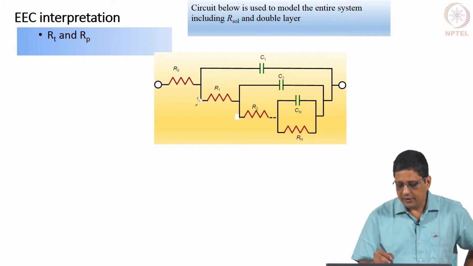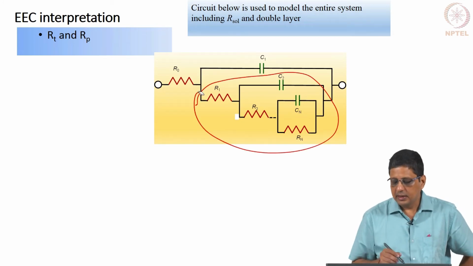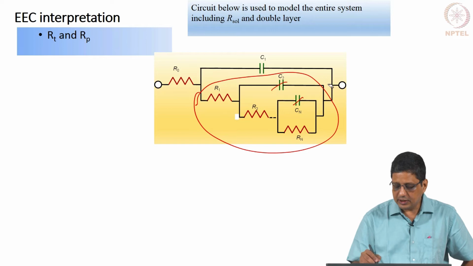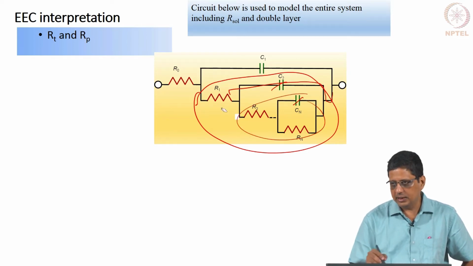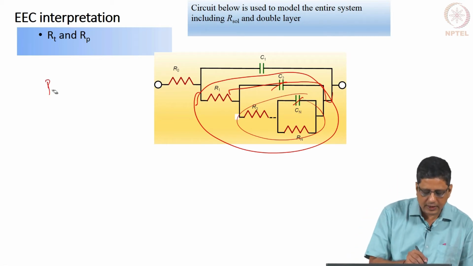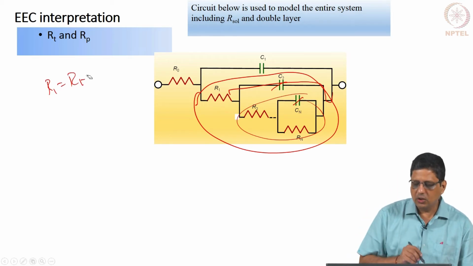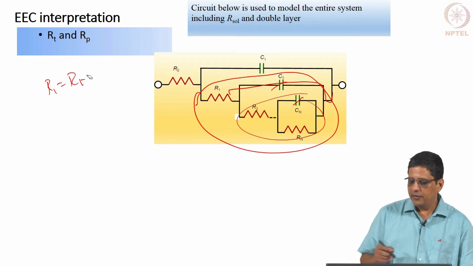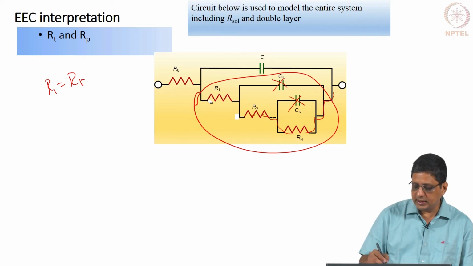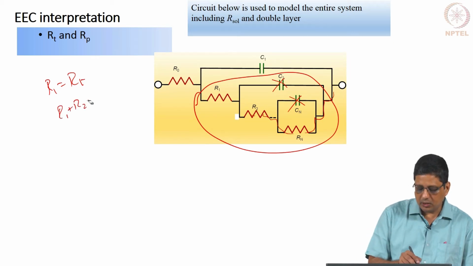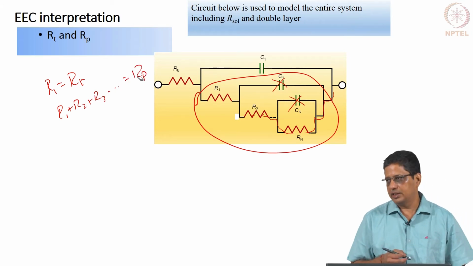Now, if I say this is the Faradaic impedance, if I give infinite frequency, this is a short circuit. The current that comes from here will just go through this, it will ignore everything here because it is short circuited. So, at infinite frequency, R 1 is going to be equal to the charge transfer resistance. If I give 0 frequency, it is broken here, it is broken here. So, the current has to come here and pass through this and any other resistance. So, I am going to get R 1 plus R 2 plus R 3 and so on to be the polarization resistance.